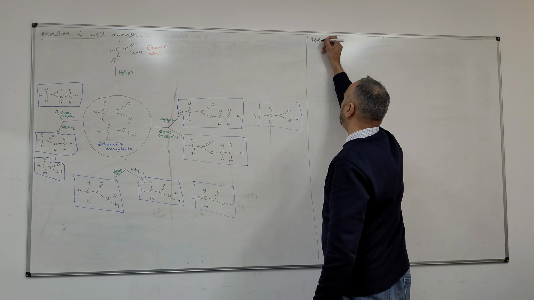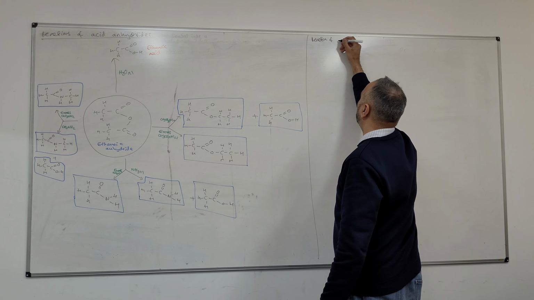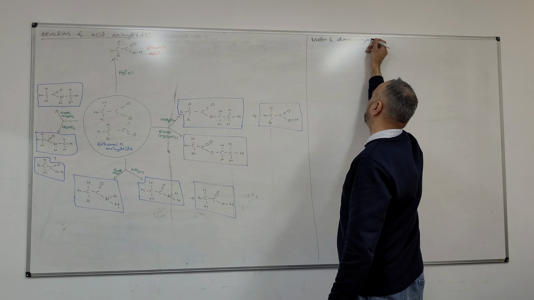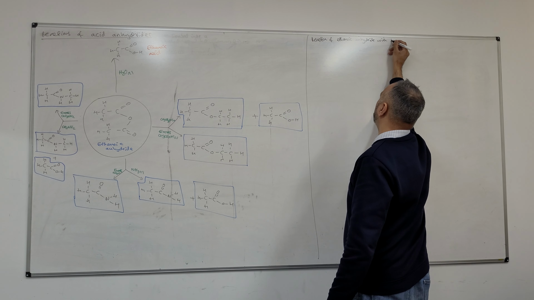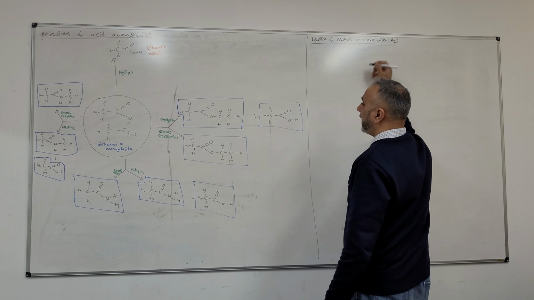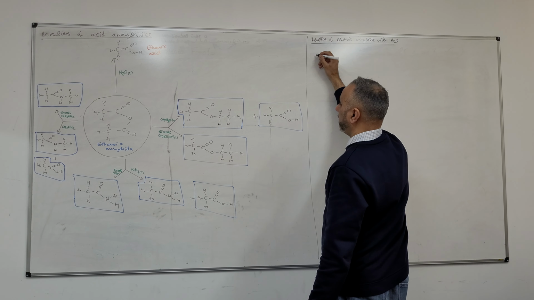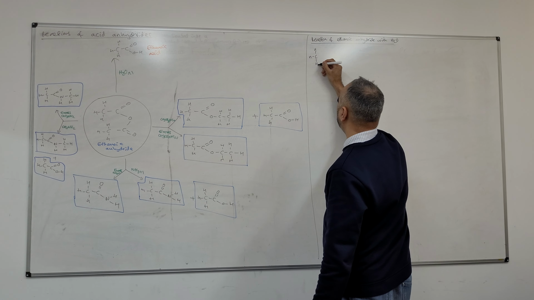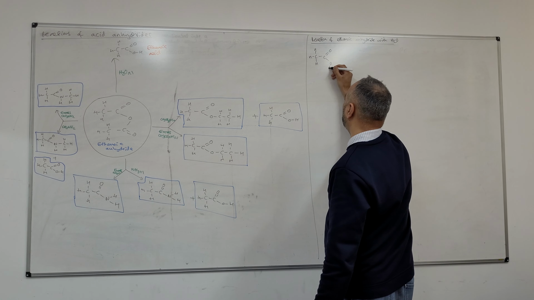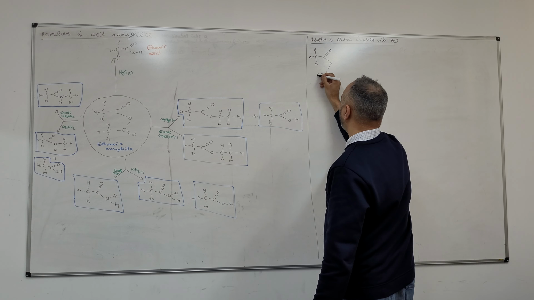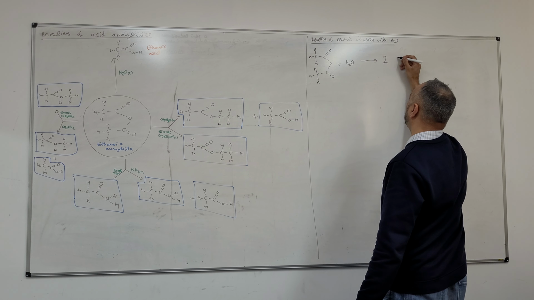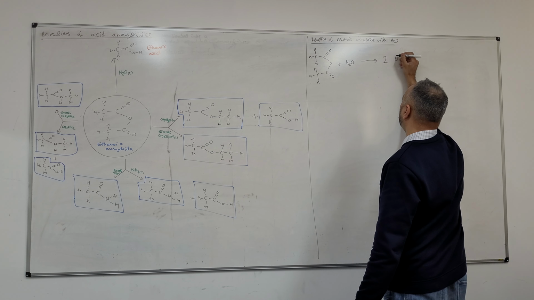So I'll just put here reaction of ethanoic anhydride with water. Now, you are allowed to put it as a displayed formula. In fact, I would encourage you to do so, but there are other ways. Okay, so there it is. You're reacting with water and you get 2 moles of ethanoic acid,